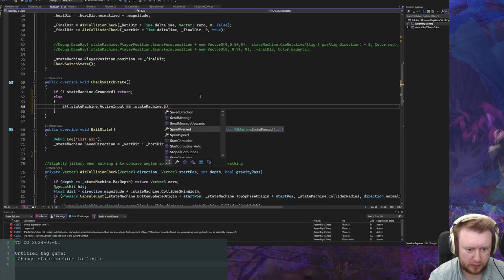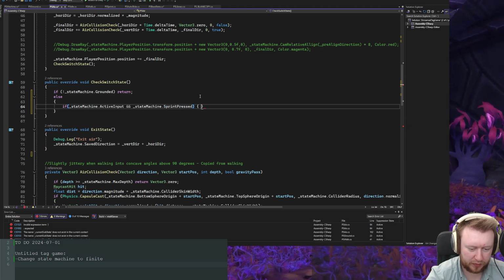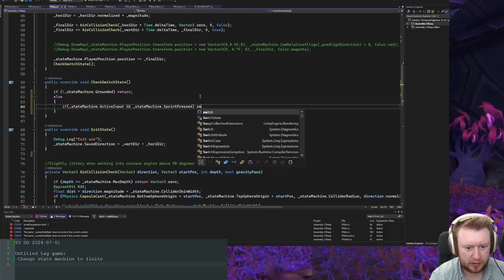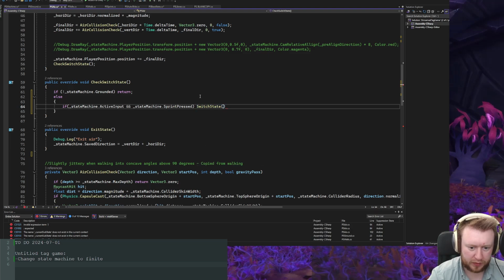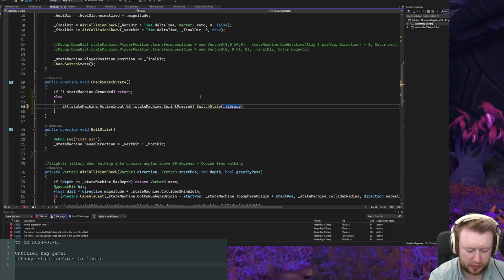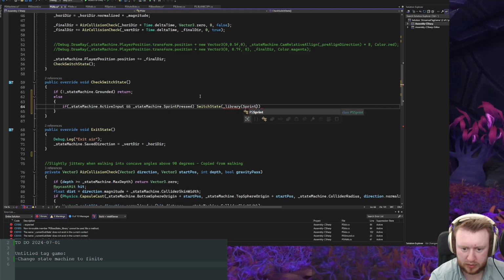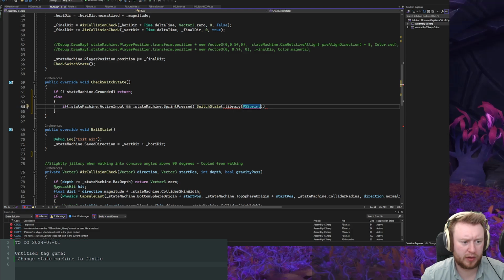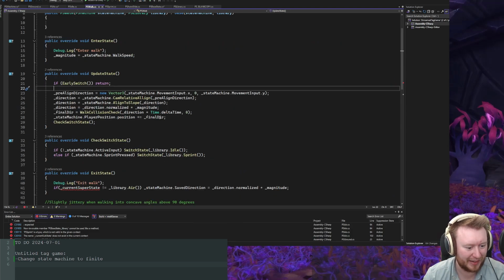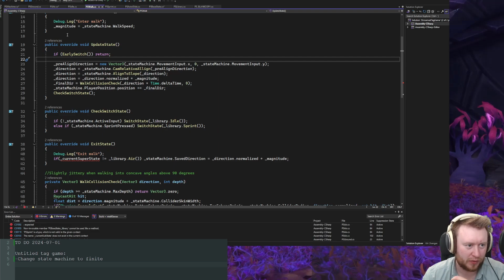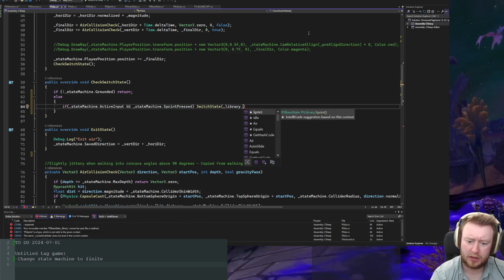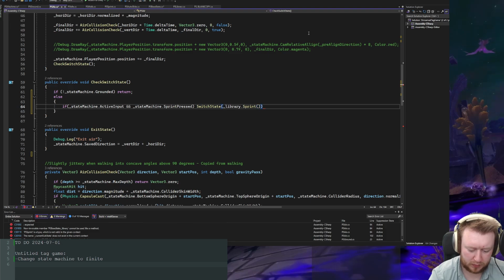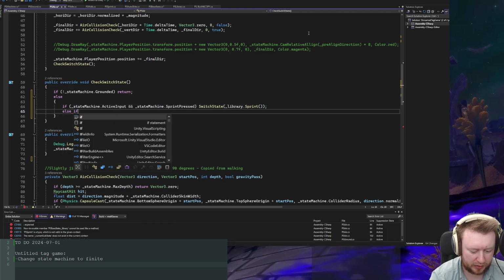Sprint pressed. You would just enter back in this. Switch state into library would be... no, that's not how it works. I've already forgotten how to switch states. Oh, just dot. Okay, of course, that's just how it works, right? Embarrassing. Sprint. There we go. Boom. Else if